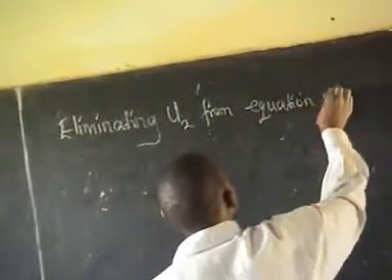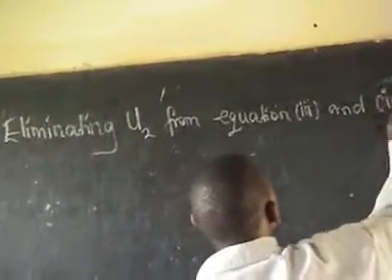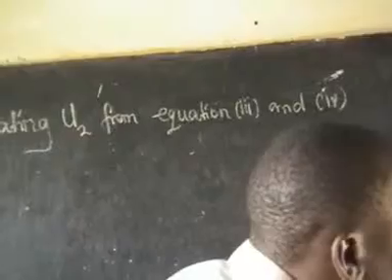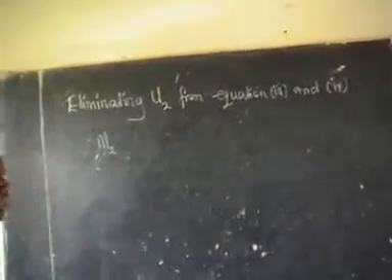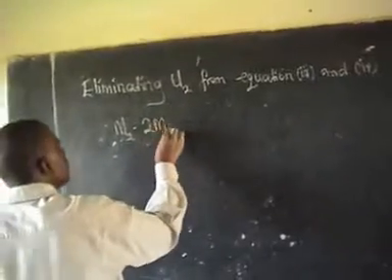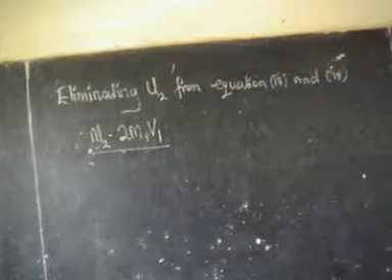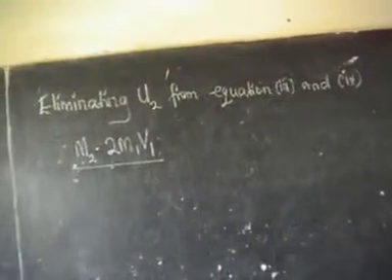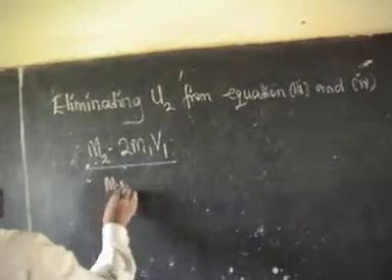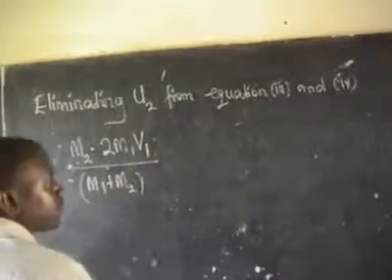From equations 3 and 4, where there is U2, 2 M1 V1 divided by M1 plus M2